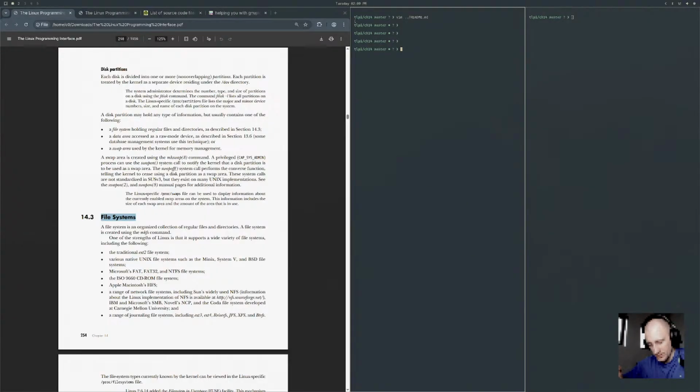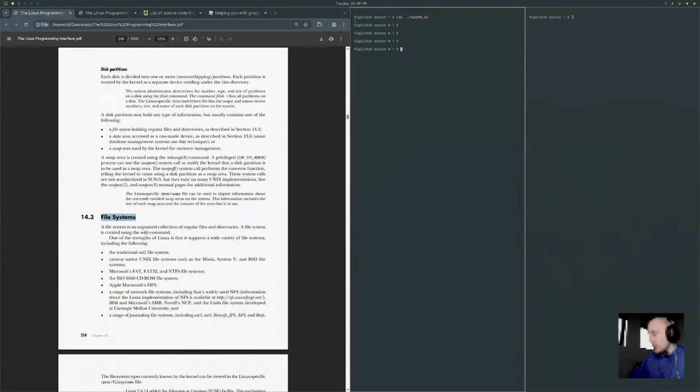One of the strengths of Linux is that it supports a wide variety of file systems, including the following: the traditional ext2, 3, and 4 file system, various native Unix file systems such as the Minix, System V, and BSD file systems, Linux FAT, FAT32, and NTFS file systems, the ISO 9660 CD-ROM file system, Apple Macintosh HFS, a range of network file systems including Sun's widely used NFS. Information about the Linux implementation of NFS is available at so-and-so.